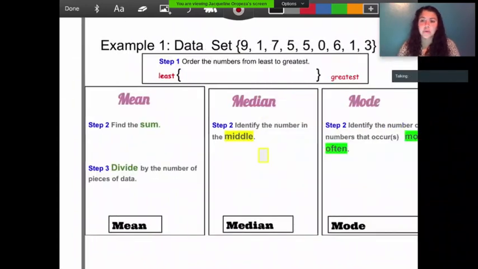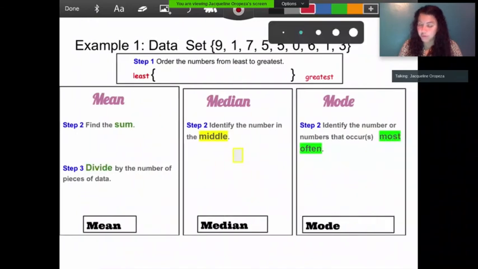Now we're going to go over an example. If you look at the top example 1 where it has data set, we have the numbers 9, 1, 7, 5, 5, 0, 6, 1, 3. Step 1 would be to order the numbers from least to greatest. Our numbers are not in order, so I'm going to put them in order from least to greatest. I'm going to start with 0,